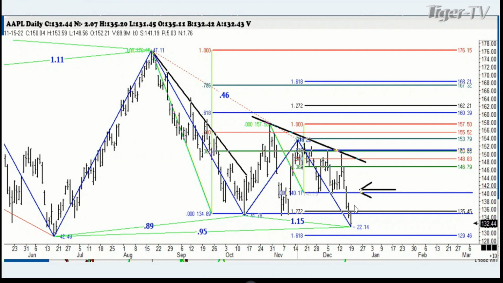But this brings you to the point here of these patterns, folks, why they're important, okay? First of all, they do two things. One, they give you a probability of something that may happen. And believe me, that's a probability, and may is part of that probability. It may happen. The second thing that it does, it helps you define what the risk is, because when the pattern fails, it's telling you it's going to a larger pattern. And that's the key. You've got to be able to understand that.